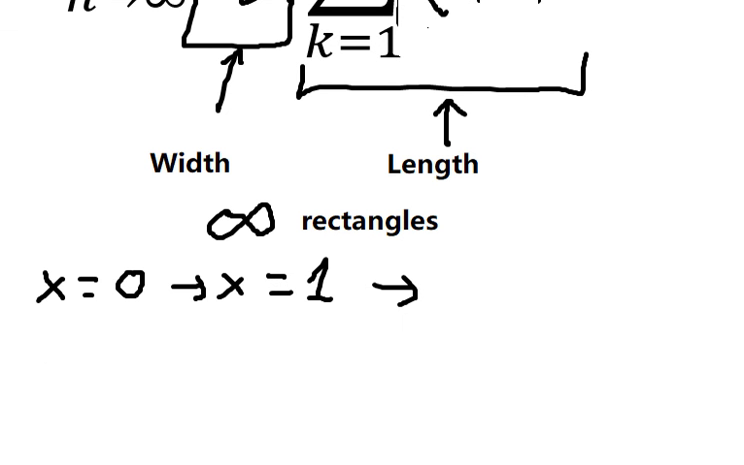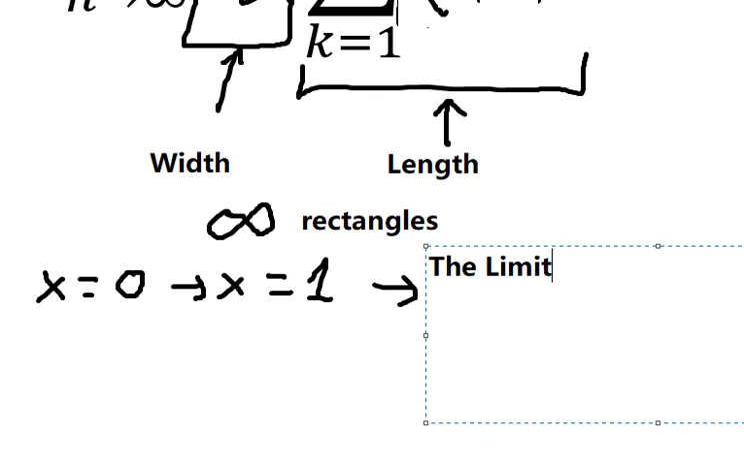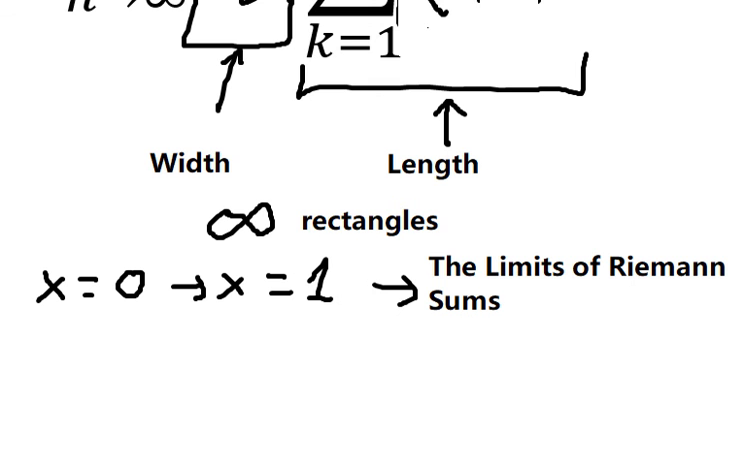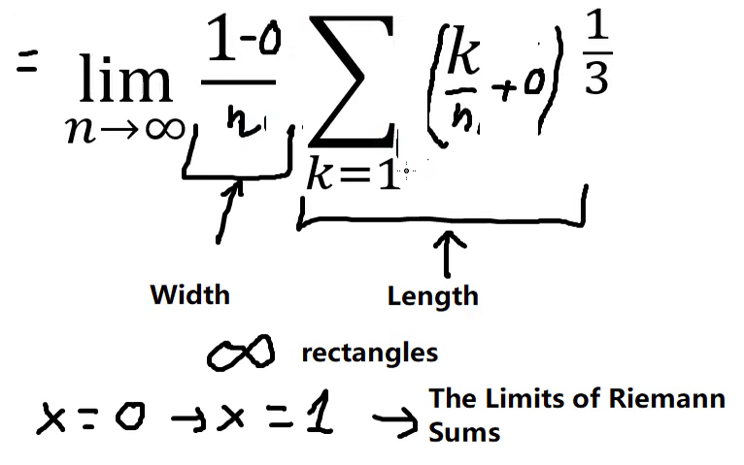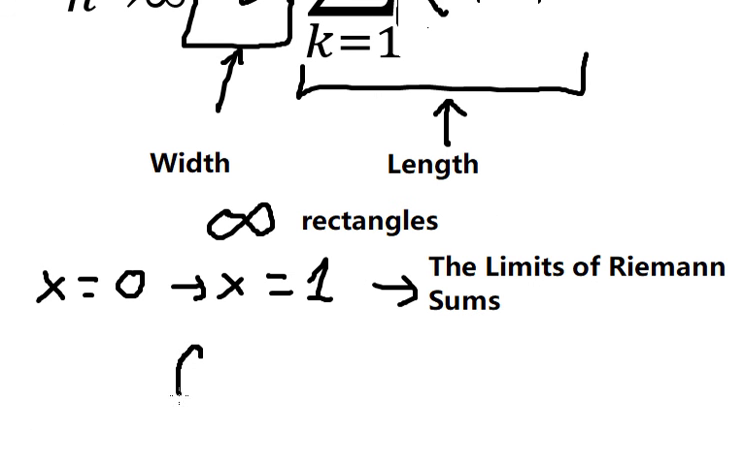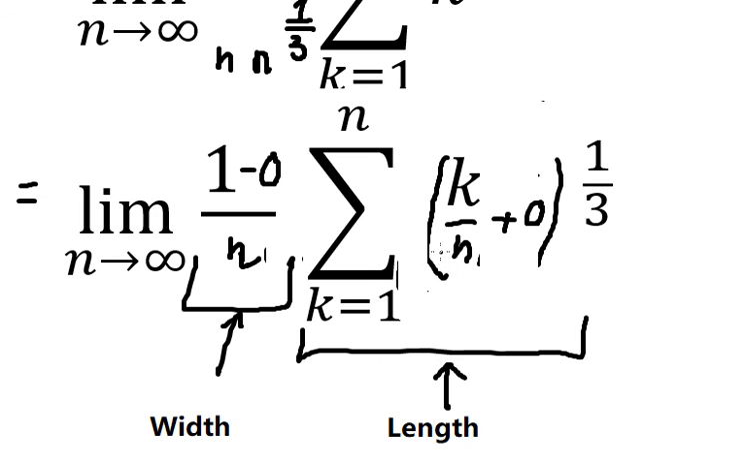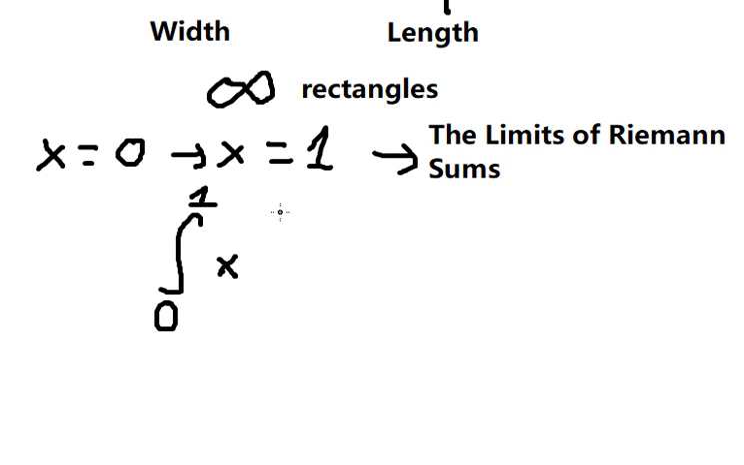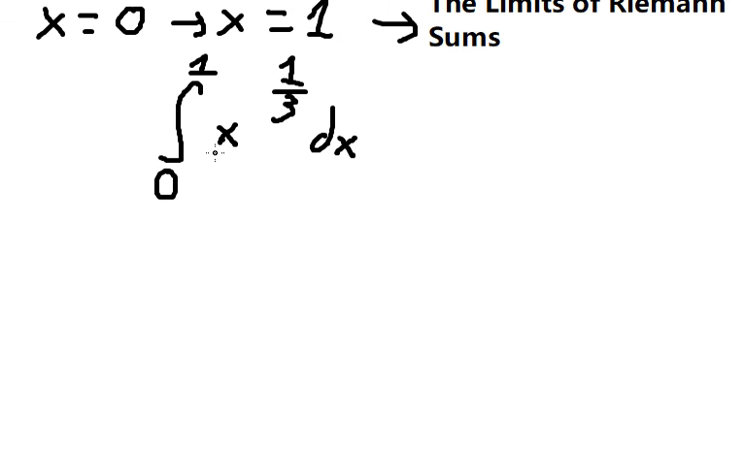And this one we can use the limits of Riemann sums. So we can apply the integration from 0 to number 1. This one is the function in here, and that's s to the power of 1 over 3 ds. Now we need to find the value of this one,